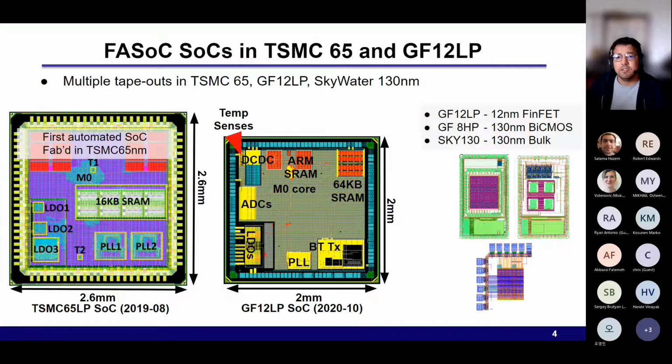Here on the left, you can see our first automated SoC in TSMC65, and it was successfully demonstrated at the last in-person DARPA summit at Salt Lake City. We did a demo, and the students showed that the SoC is working with the DVFS scheme, so that was great. Since then, we